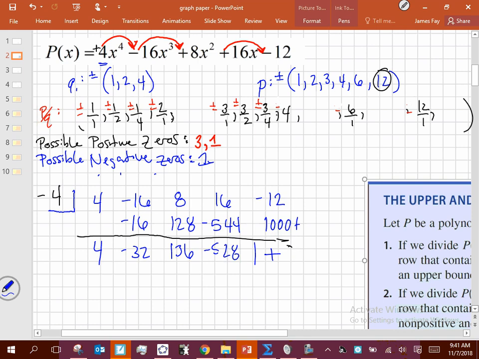Alternating. So what that tells me is negative 4 is a lower bound. So there's nothing that's going to work. Negative 4 did not work. Negative 6 isn't going to work. Negative 12 isn't going to work. Okay? Which is nice for us. So, since it became alternating, does that mean that